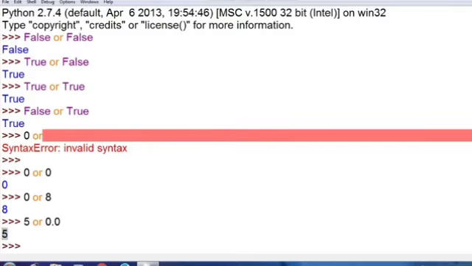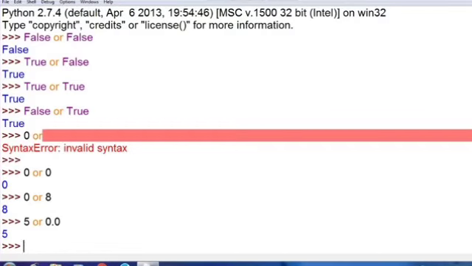Okay, so this is how the OR operator works with truth value testing. Moving forward, I will tell you about the AND operator. In the AND operator, both conditions need to be checked and both operands need to be true. Only if both the operands are true will it return the answer true. So you can see here, like this.